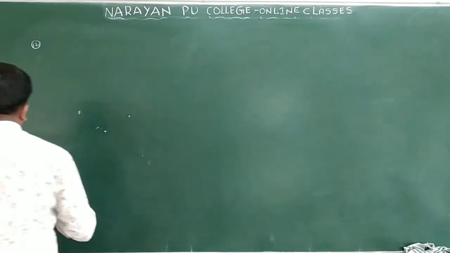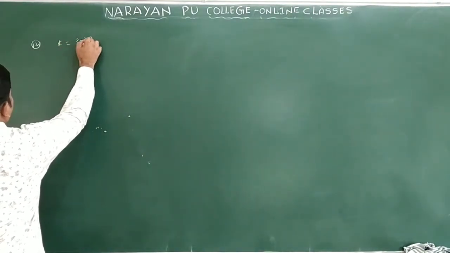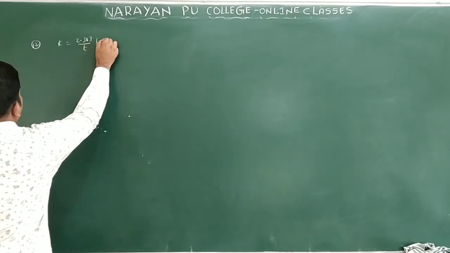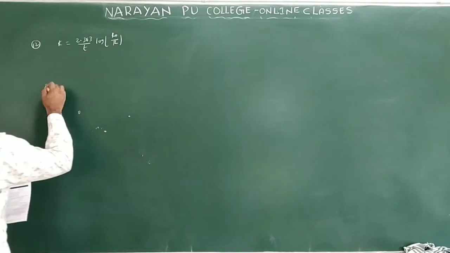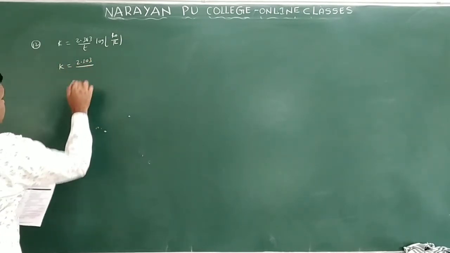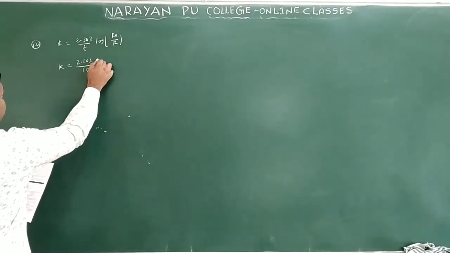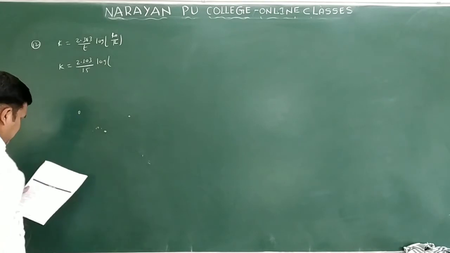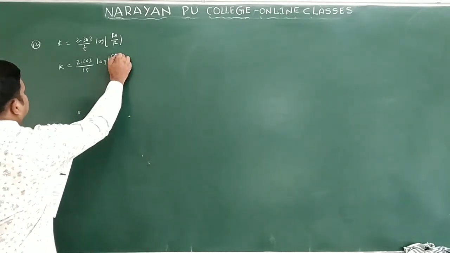For the first order reaction, you know the expression K is equal to 2.303 by T into log R naught by R, means initial concentration by final concentration. This is 2.303 by T, with the time given as 15 minutes, into log of the initial concentration 0.8 by